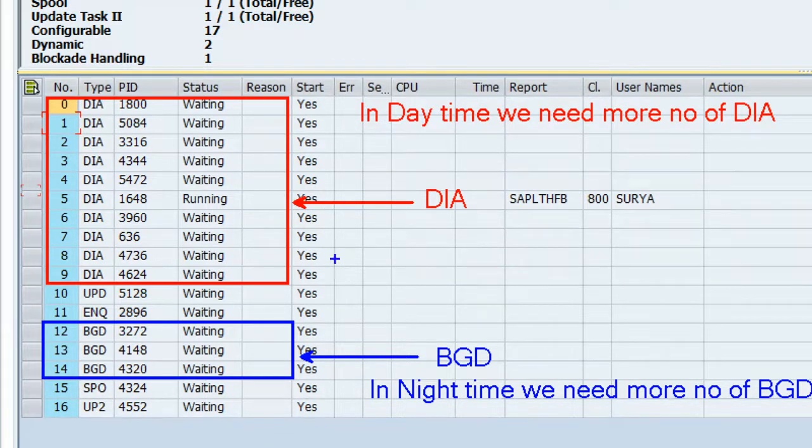What about nighttime? In nighttime we need more background work processes, quite the opposite, so minimum 10 background work processes and fewer dialog work processes. Why? Because in night time there is no use of dialog work processes, and in daytime there is no use of background work processes. That's why in daytime we need more dialog work processes and, very important point, fewer